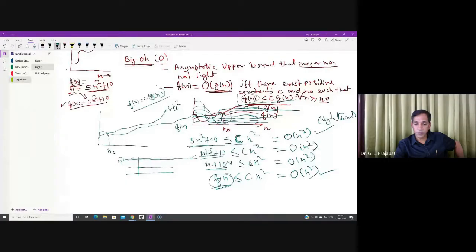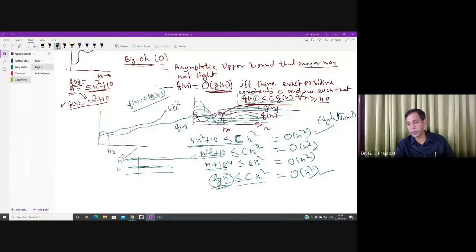You could have said this is the upper bound, but instead you say n square is the upper bound, and that means this is not a tight bound. And if you have something logarithmic in nature and still say, by the mathematical condition, that the rate of growth of log n is less than or equal to